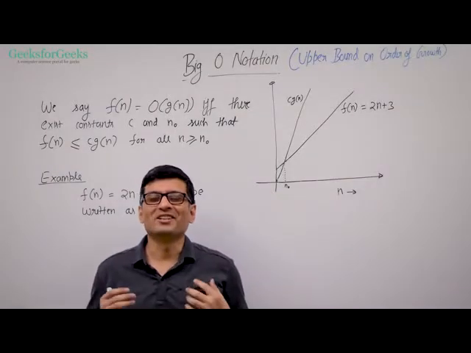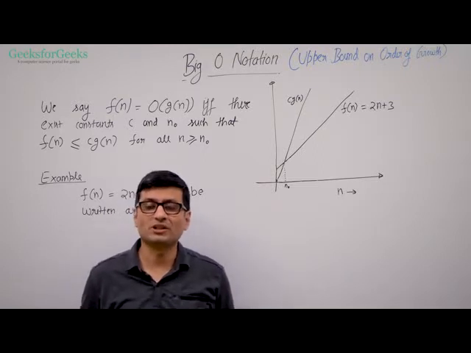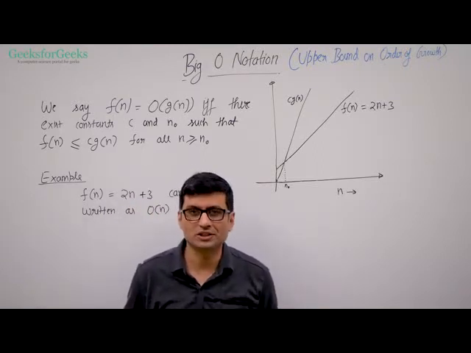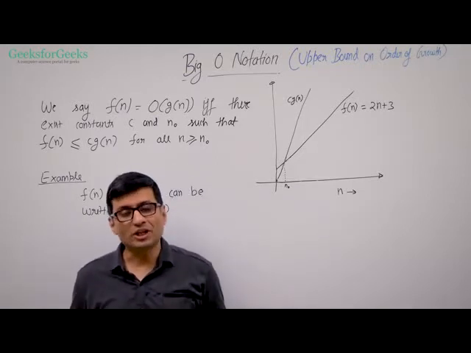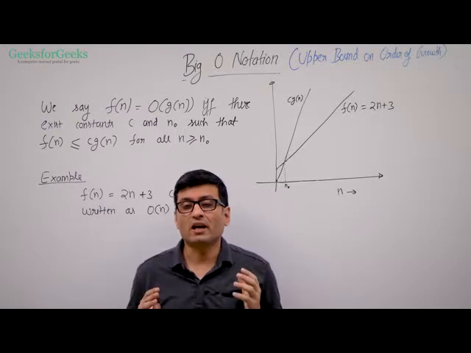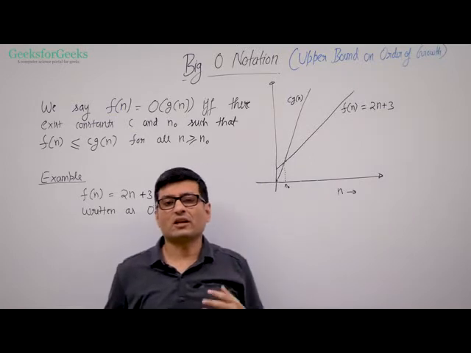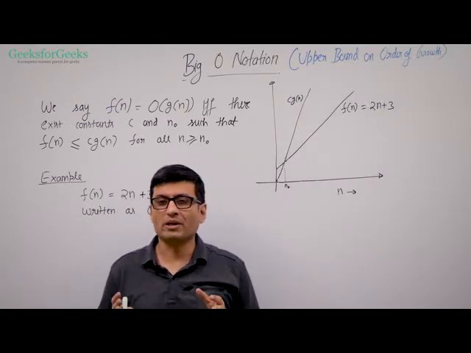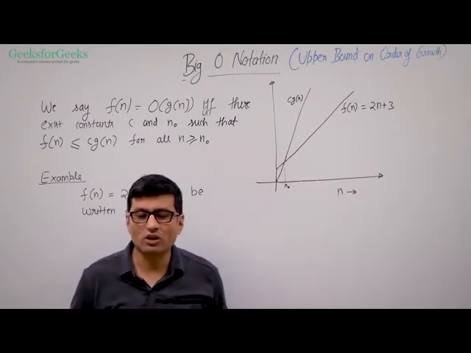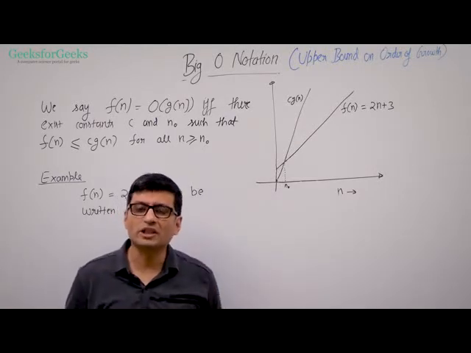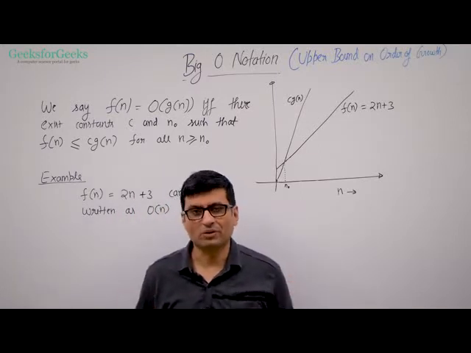Hi, in this video we are going to talk about the first mathematical tool to represent order of growth of a function, and this tool is called Big O notation. Big O notation represents an upper bound on order of growth, and there exists a direct way to find Big O notation of any function. The direct way is: ignore the lower order terms, ignore the constants of the leading term. Whatever you get is your Big O notation.